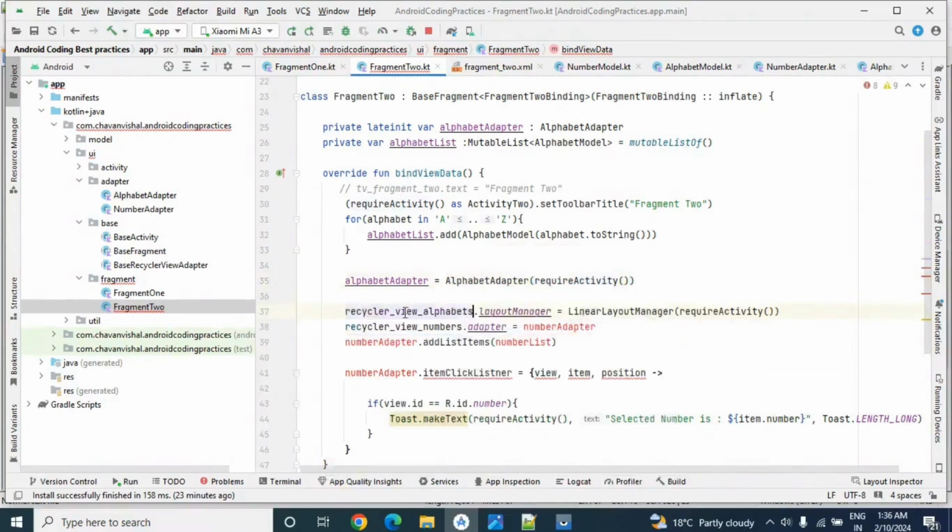Here we will set recyclerViewAlphabets.layoutManager equal to LinearLayoutManager.